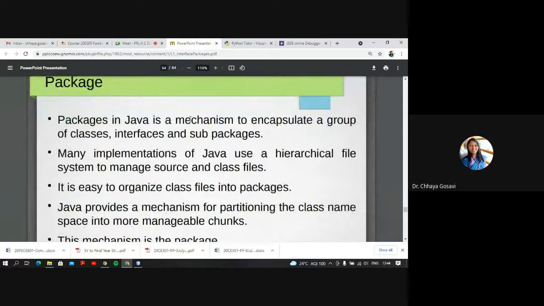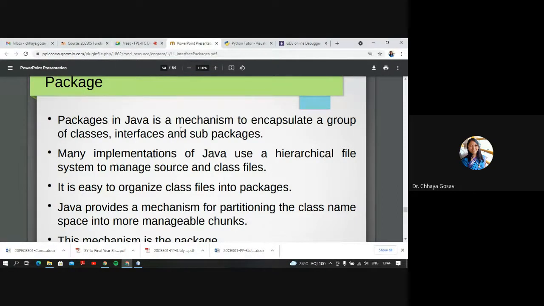So in case of Eclipse, you can go to your workspace. You have to first create your workspace with your roll number or your unique name, and that folder gets created. And in that folder, if you're creating a project and then a package, for every new package a new directory gets created. So a package is nothing but, at the back end, a directory or a folder.